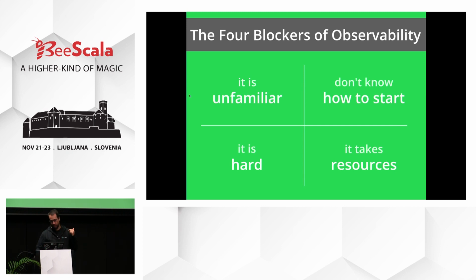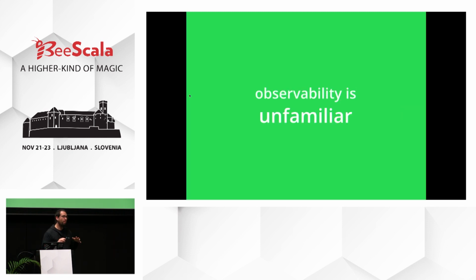So the first problem is that this whole thing is unfamiliar. And we are all bombarded every day with tweets and retweets about things and buzzwords. And now everybody has heard the word Prometheus somewhere. Everybody should be somehow using it, even though you are not really sure what it is supposed to be doing or how you connect with it. Actually, you don't even connect with it. And then, of course, there's Grafana and Zipkin and traces and stuff.